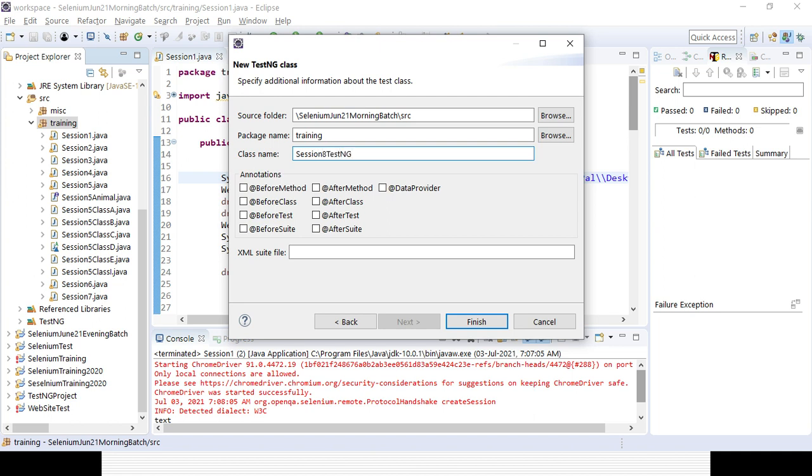So you can easily understand it. That is my class name, I am only giving that. This is my package name. This is my folder name. I am not selecting any annotation. So definitely by default there is no main method available. That is the beauty of TestNG. You no need to call any test method, and if you click on Finish,